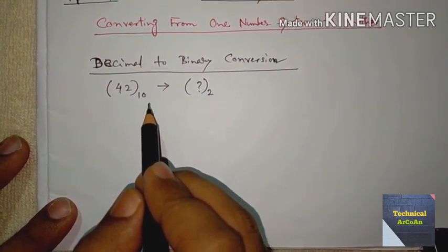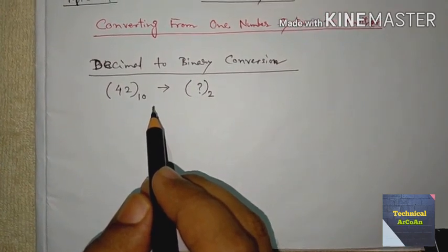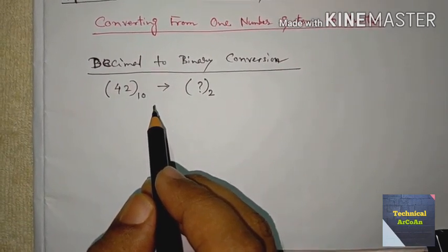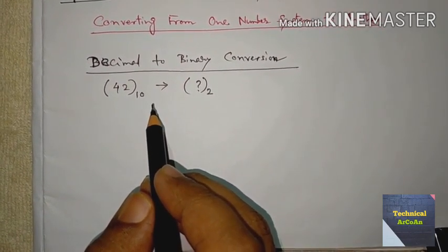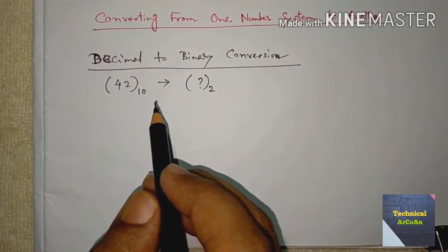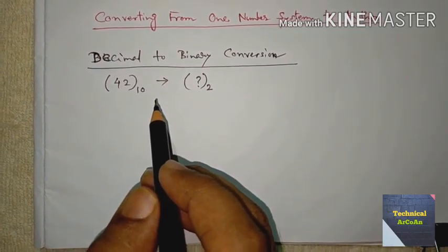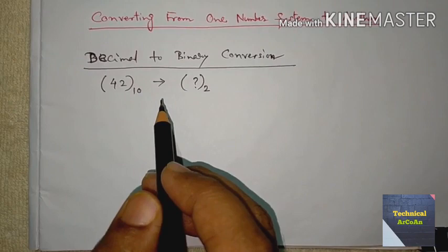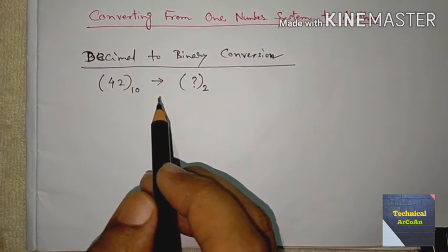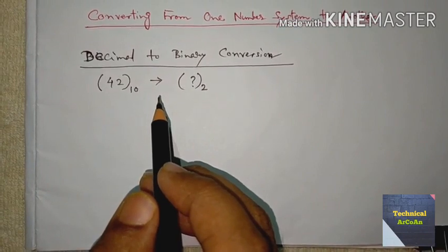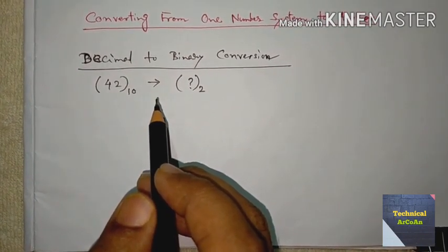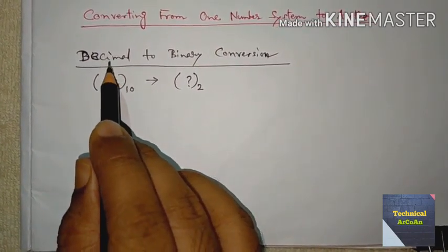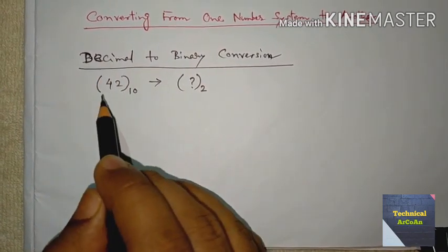The rule is that the decimal number system is known as the standard number system among these four number systems. Now the conversion goes from decimal to other number systems and from other number systems to decimal. Also you can convert from one number system to another, but first we are discussing from the standard number system to other number systems and other number systems to the standard number system, meaning from decimal to others and others to decimal.